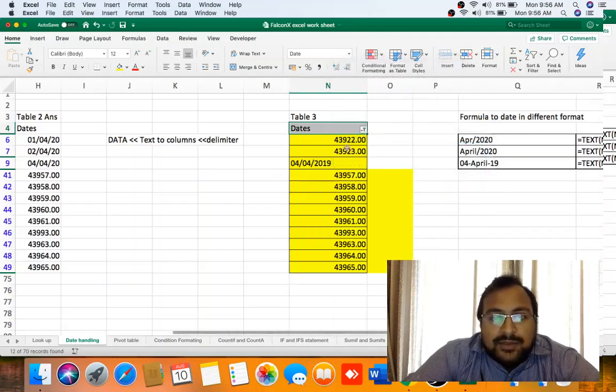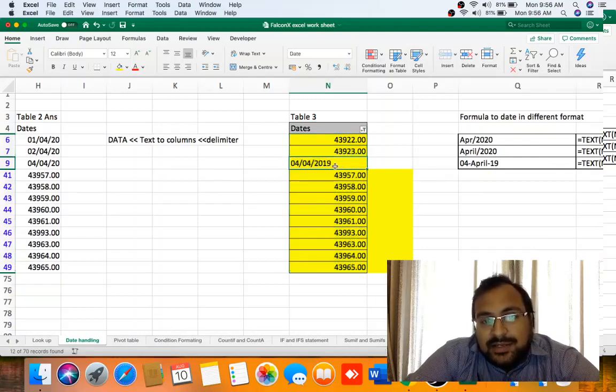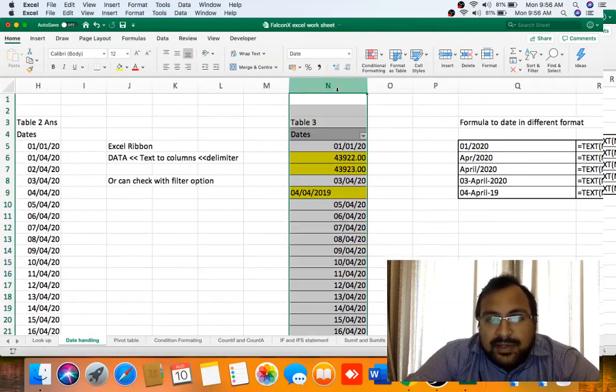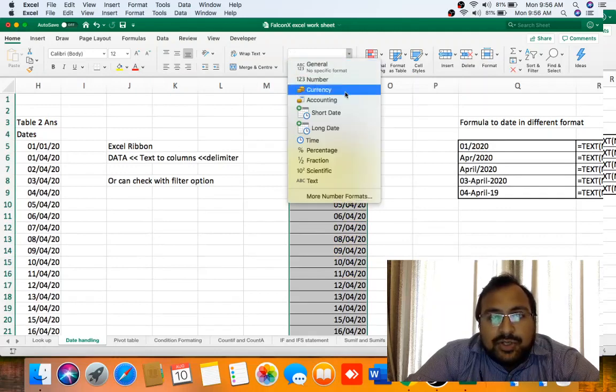As you might have noticed that these dates are in the number format and this is on the left hand side, so it's not in the right format. So how can we rectify everything? Select the complete column, short date.